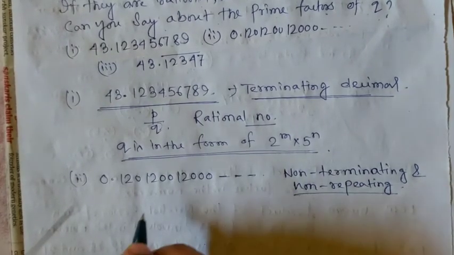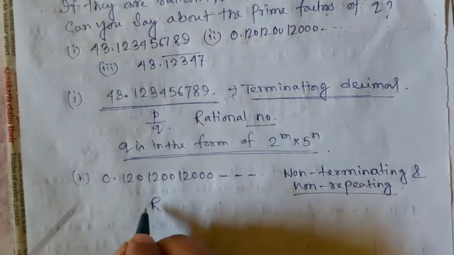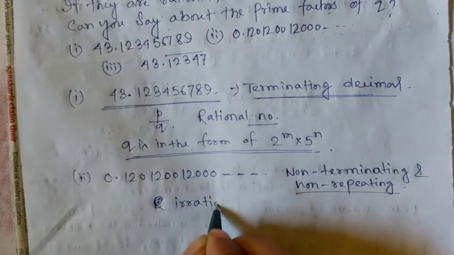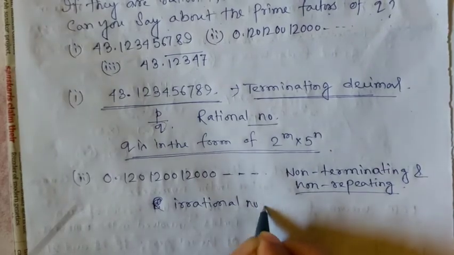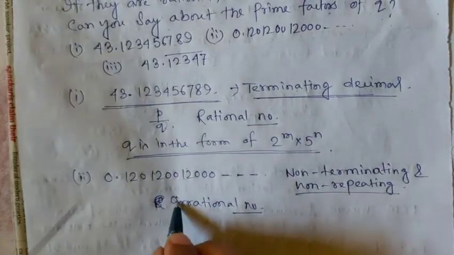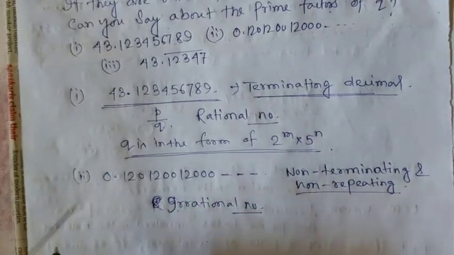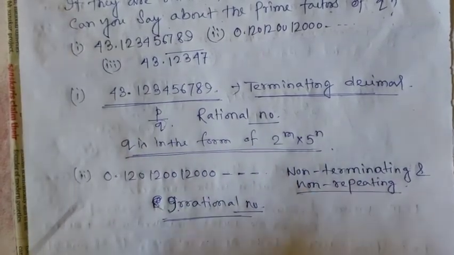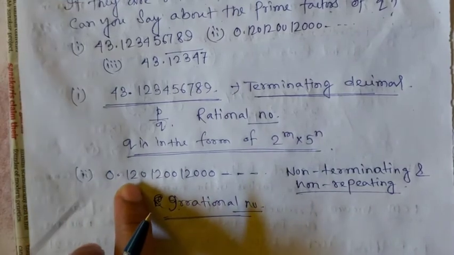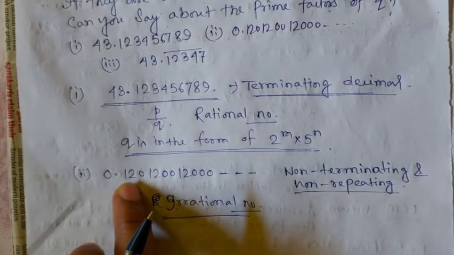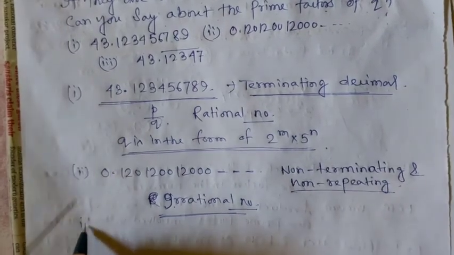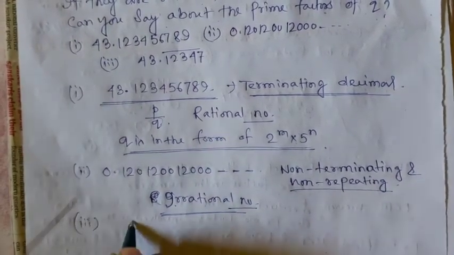So this is not a rational number, so this is an irrational number. As the number is irrational, we can say that this number cannot be represented in the form of p by q. So we cannot say anything about q. And the last one, number 3, is